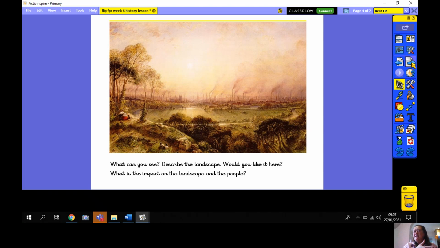But then there's the other side to it. You look at that smoke in that picture. Is that a healthy place to be? Which is the healthier landscape, before or after? You've got to think about that as well. What about overcrowding? Are there too many people? What about the danger of some of the jobs? Now, I know we're going to go into the workforce and women and children working in factories and mines, but I just want you to think now, just briefly, before we go into that in a future lesson,